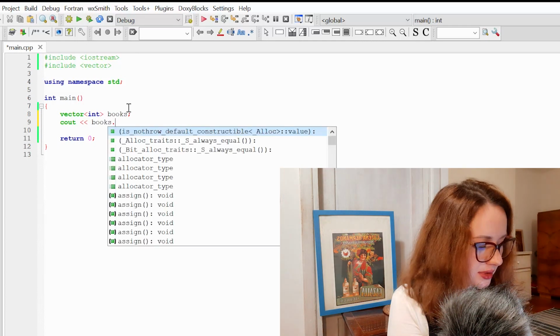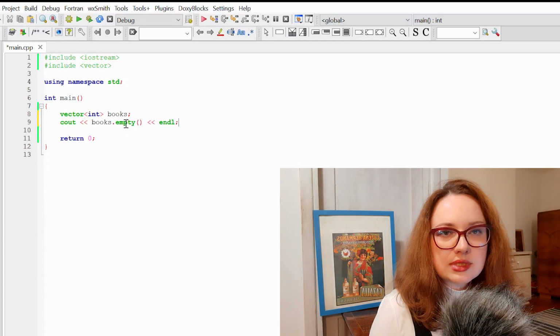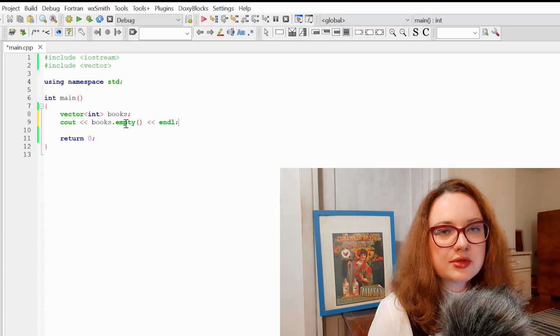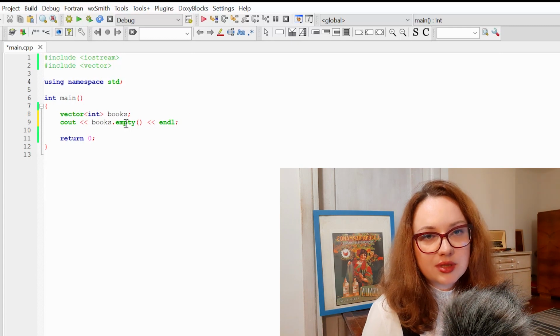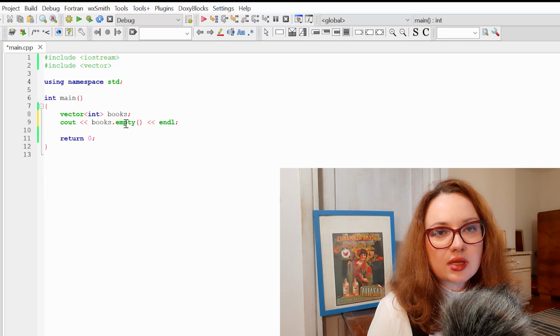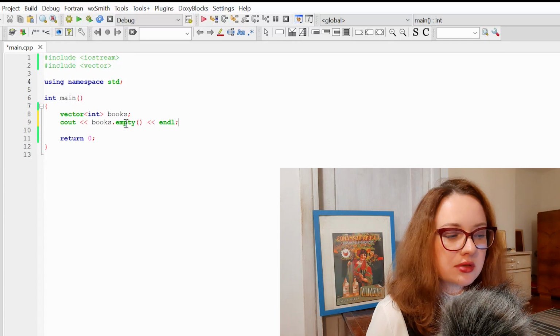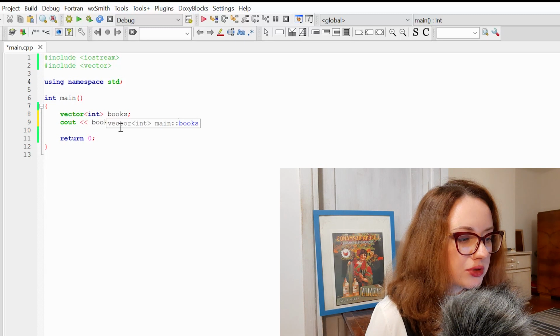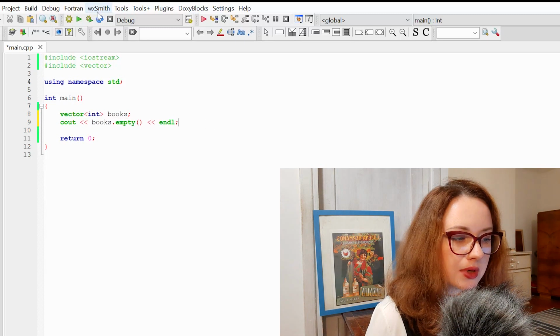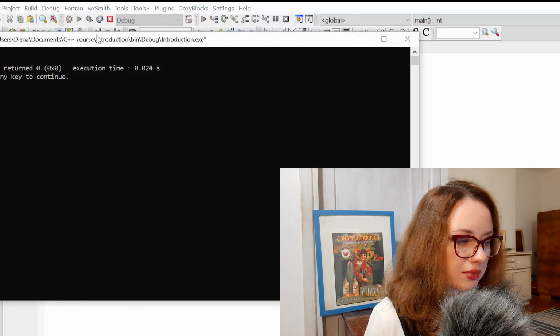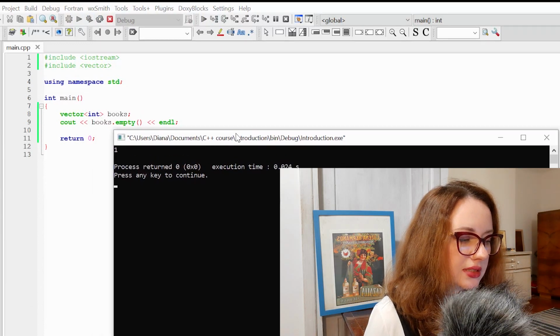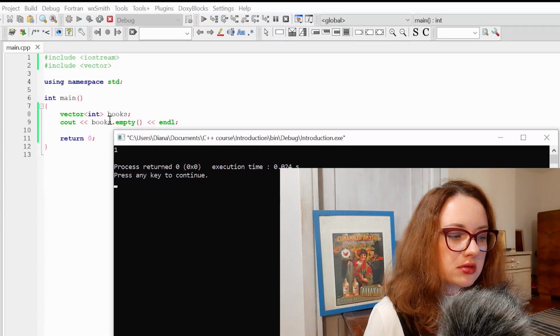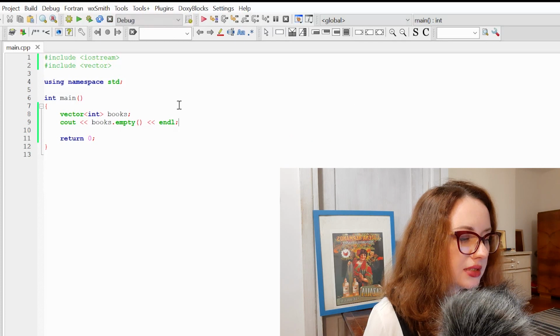So write books.empty, and result will be bool variable. So you already know from the lecture about data types that bool variable has values true or false. True stands for 1 and false stands for 0. So if my vector is empty, books.empty will be equal to 1. Let's build and run our program. And indeed, you can see the result 1. So it's true. My vector right now is empty.